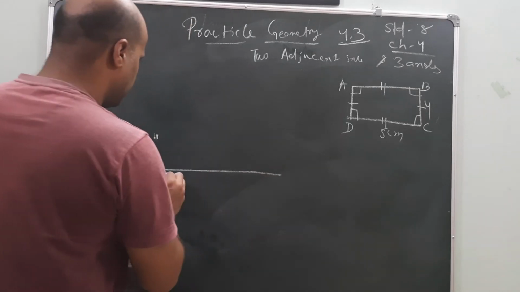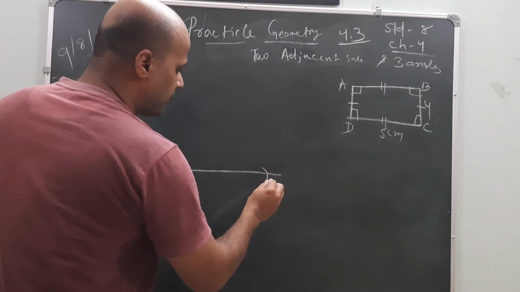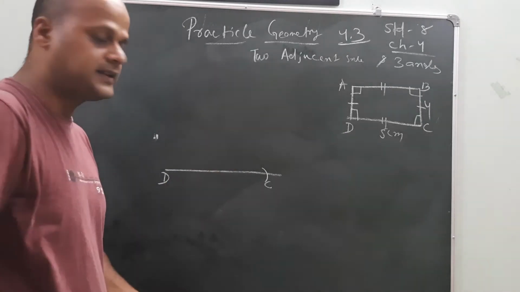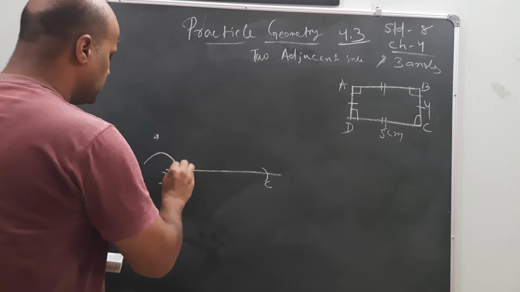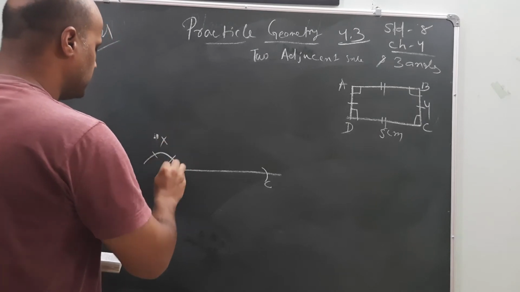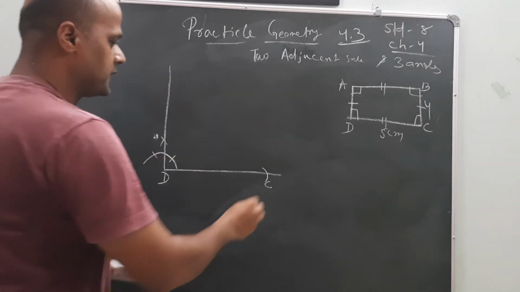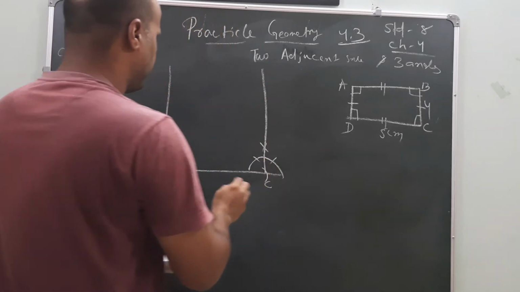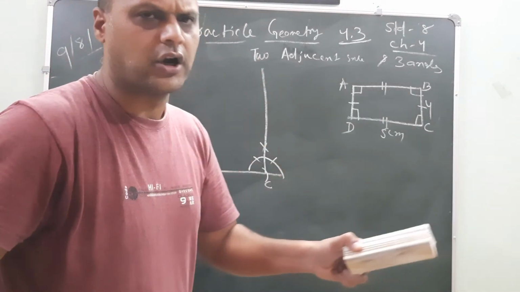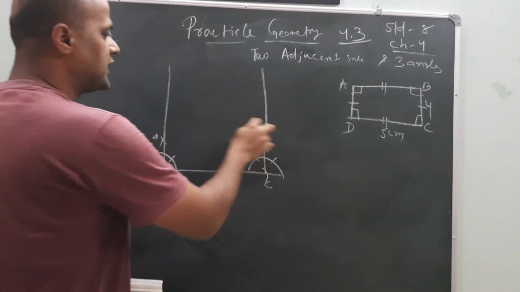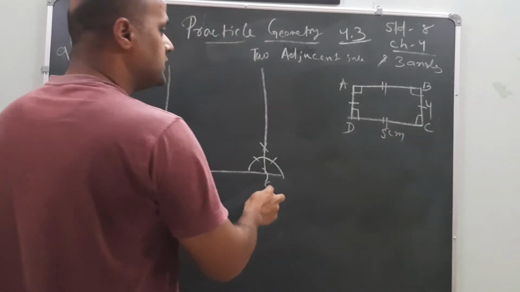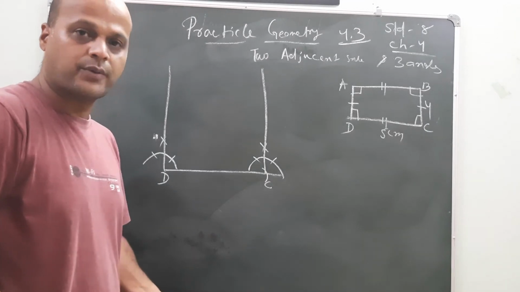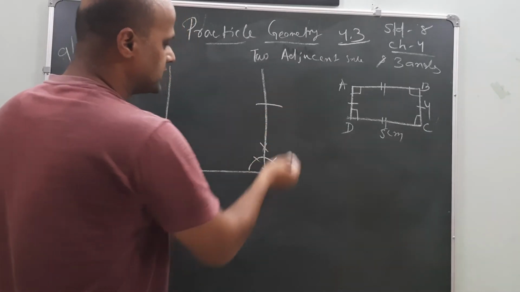Take the 5 centimeter DC with the help of a compass, transfer the dimension from the scale and bisect the lines. From D, how much? 90 degrees. Again you have to draw it. Make it straight. Here also 90 degrees. Make it straight. But another 90 degree angle is not required to draw, because we know that these two sides are parallel. From C to B, how much? 4 centimeter. Transfer the dimension of 4 centimeter from your scale. Put it here. Bisect the perpendicular line.